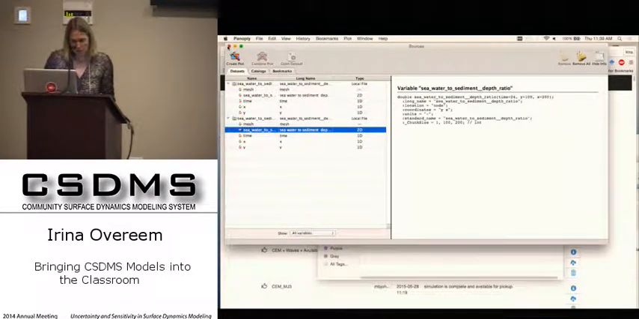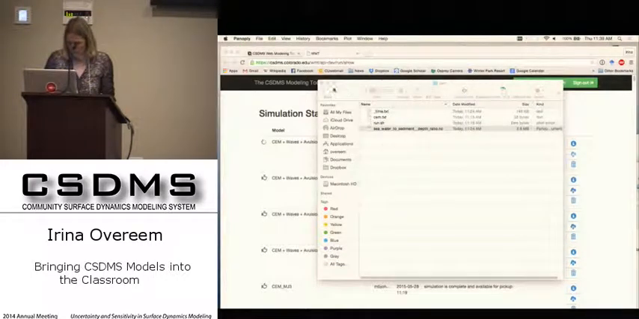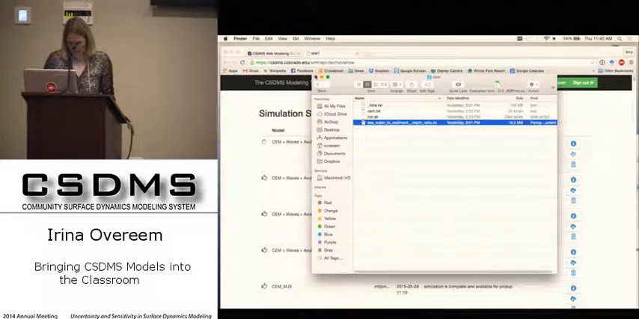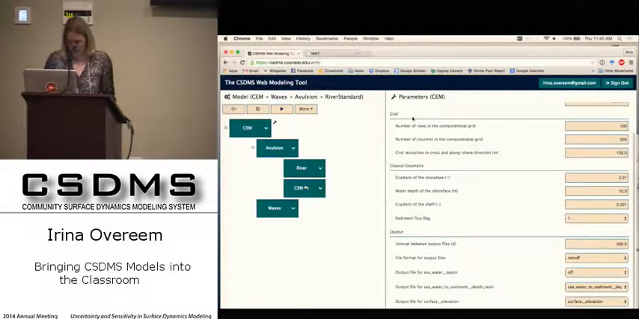And the way you would do that is you go back to this web modeling tool and start looking at the parameters in the components that have more to do with the land or with the delta. And so in Avulsion, for example,